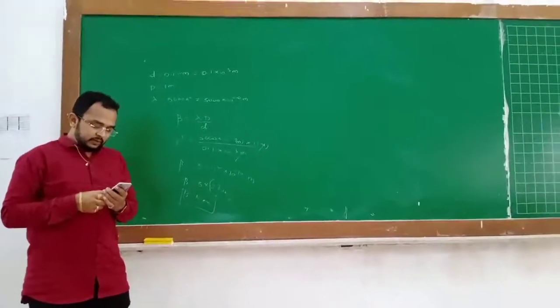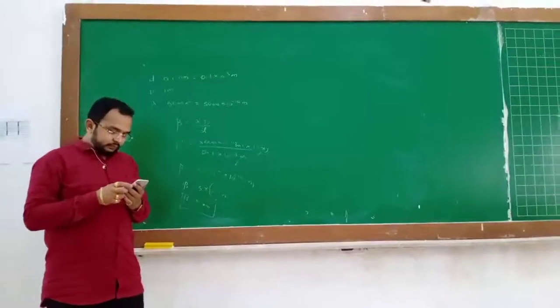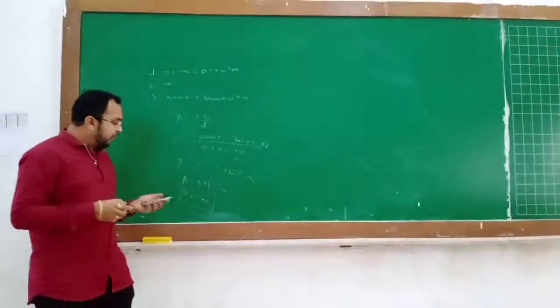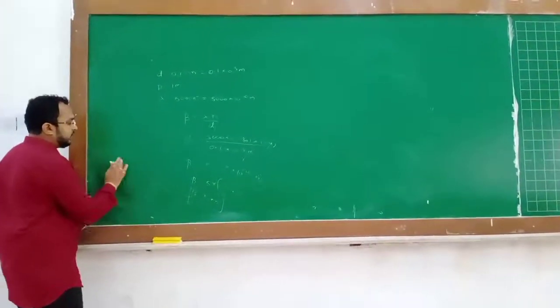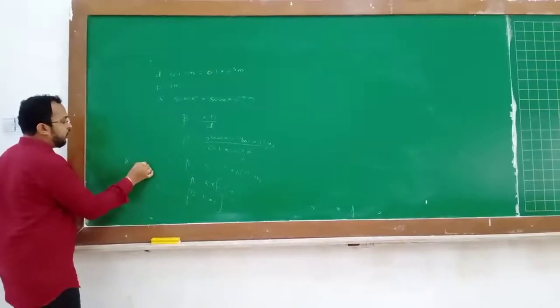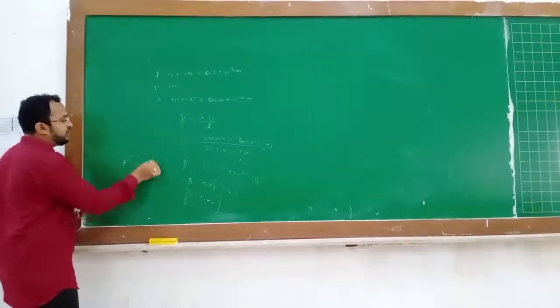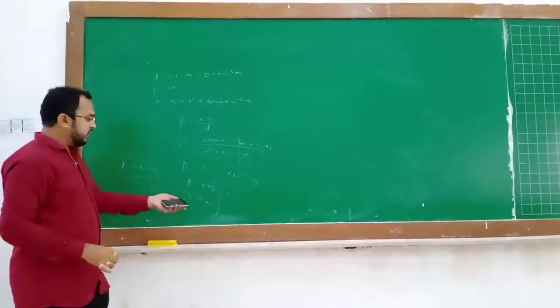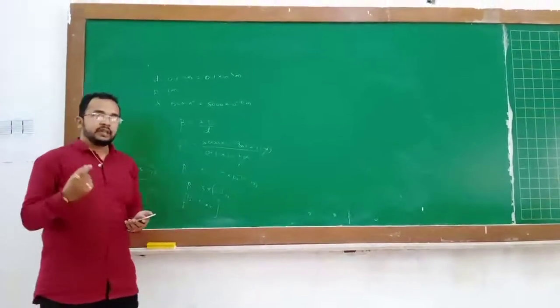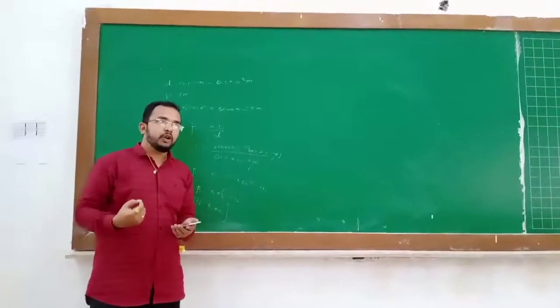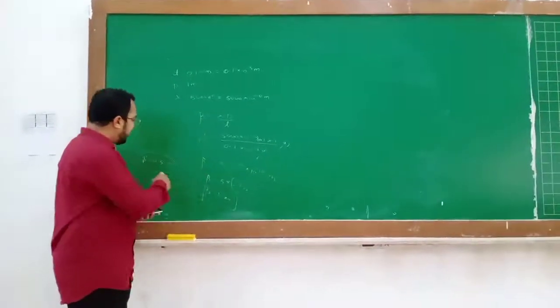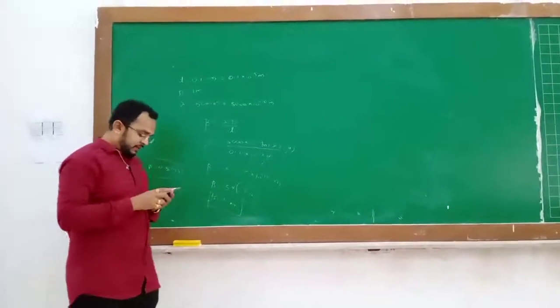Now see, how many centimeters is 5 millimeter? 5 millimeter means beta is equal to 0.5 centimeter. The option is given in the form of centimeter, so just divide by 10, because in one centimeter there are 10 millimeters. So 1 millimeter is the 10th part of a centimeter. Divided by 10, it will be 0.5 centimeter.